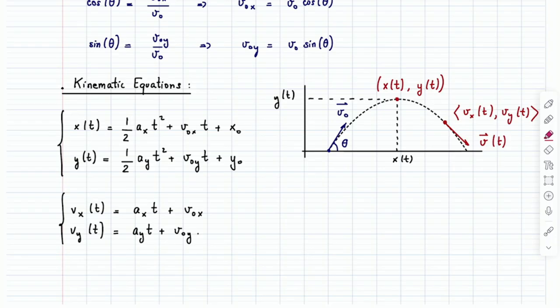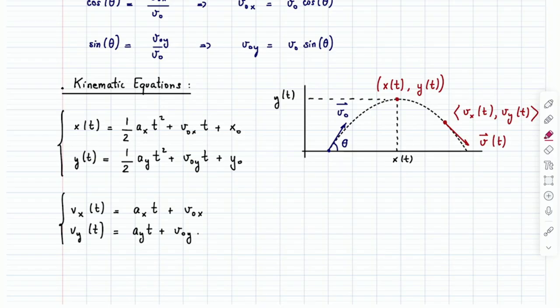And the question that I got a lot was, well, how do you find these things? Like, how do you know what to do to find these things? Which is a fair question. So let's start with acceleration. Acceleration, for now, you have no way to find it. You will need Newton's second law. That is next week.